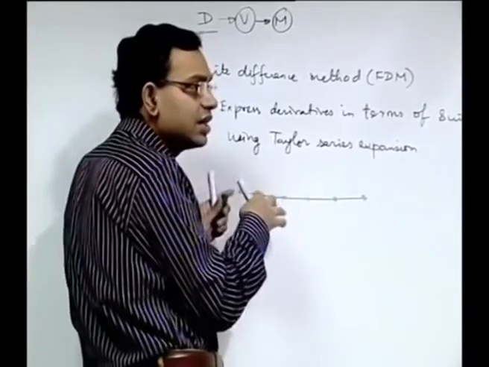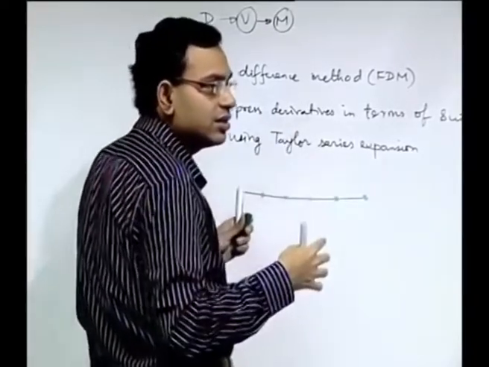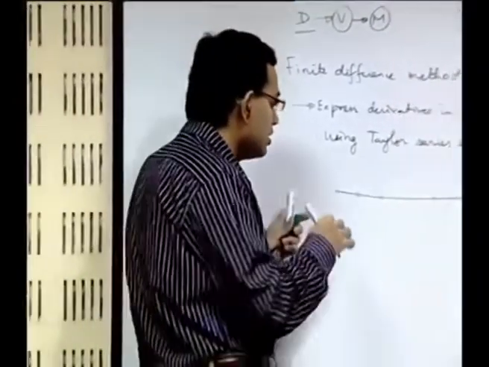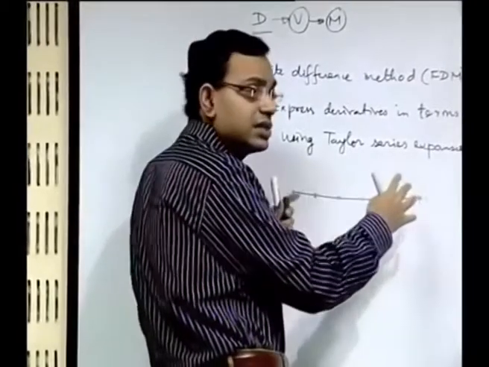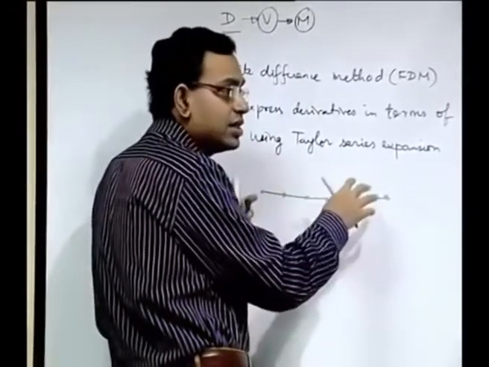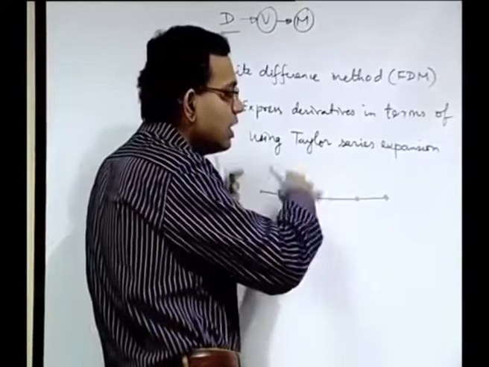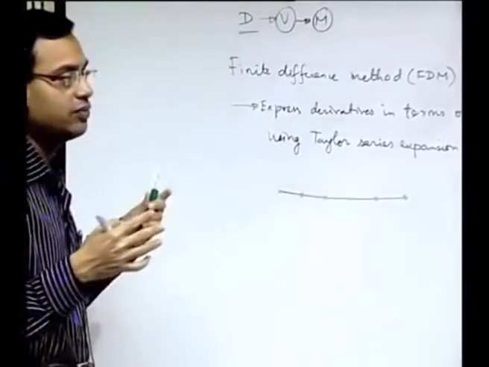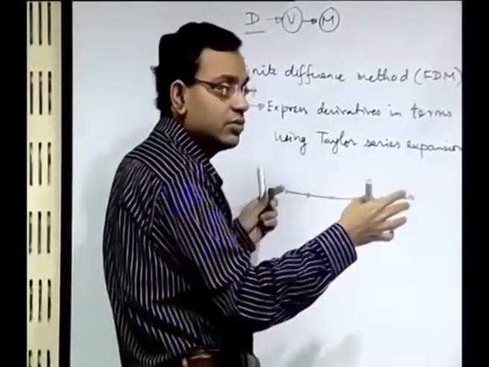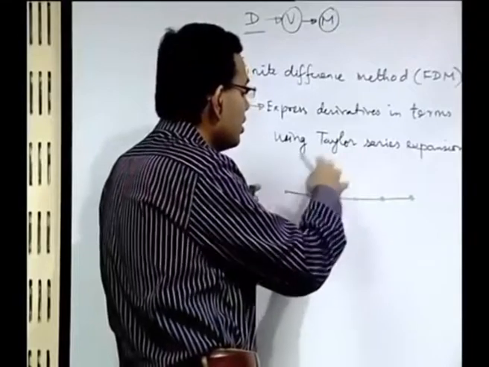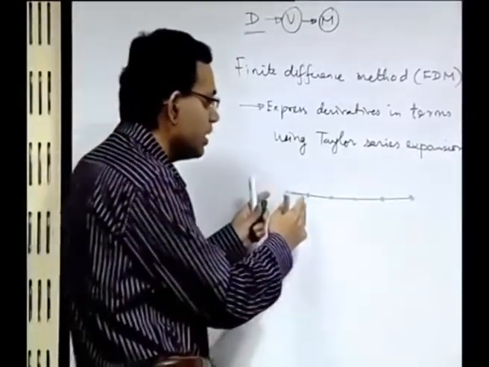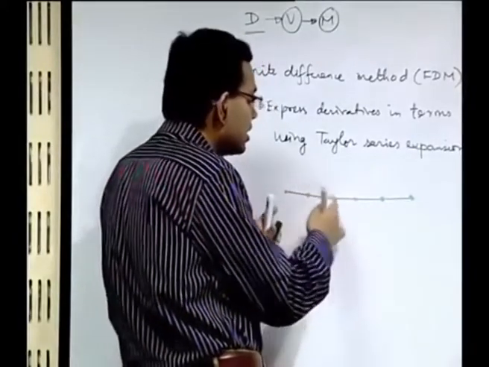So, these grid points are similar to the nodes of a finite element method, but there are conceptual differences, because here you do not have logical elements which are connected by the nodes. Here you have just discrete grid points. Now how they are logically connected or how they are laid out is a matter of choice of the geometry, or it is a matter of choice of the coordinate system, so to say, rather than having some particular shapes corresponding to each element. So there is no concept of element as such, but you have just discrete grid points.